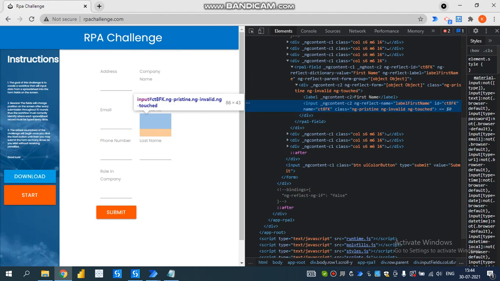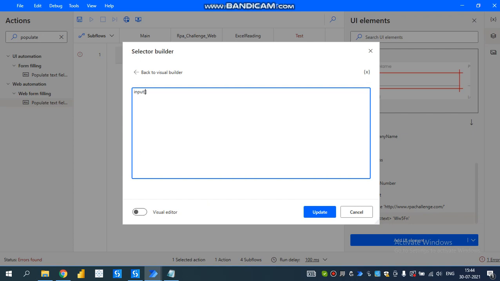Here you see the label name is id, right? Instead of using this id, we just use ng reflect name equal to label first name. Just copy this and paste it inside these brackets, and update it.